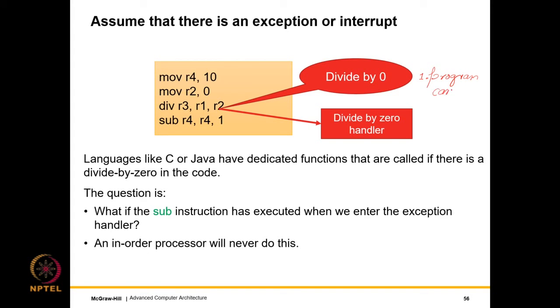So this is true for a simple program, but consider that you are running something on Excel and you divide by 0. Does Excel crash? It doesn't. What it does is it tells you that look, you have divided by 0, that's an illegal operation, and then Excel continues its operation, continues its working. So in most mature software, we actually have an exception handler.